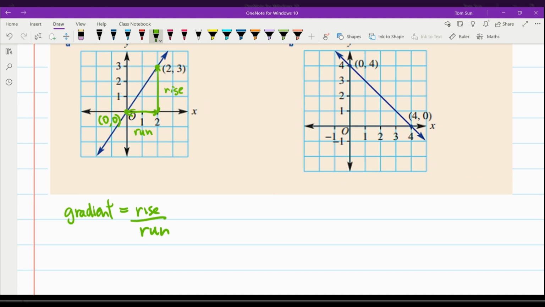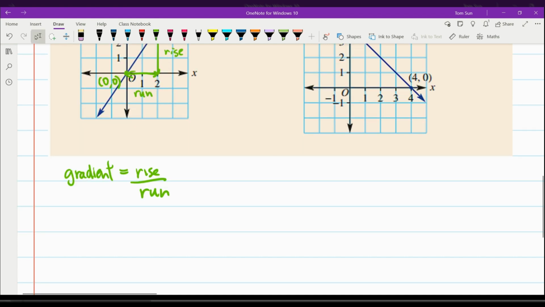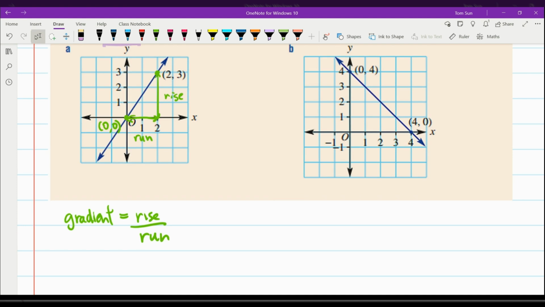If you want to classify numerically how steep a slope is, you just measure how high you are going up as you're going horizontally. If it's a massive rise and a small run, it's going to be a massive number, and hence the slope is going to be very, very steep. But if you're only traveling a little bit vertically but a very, very long way horizontally, it's not as steep a slope. So in this case, rise over run,